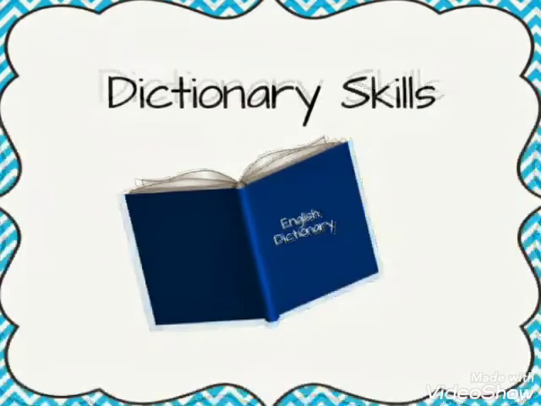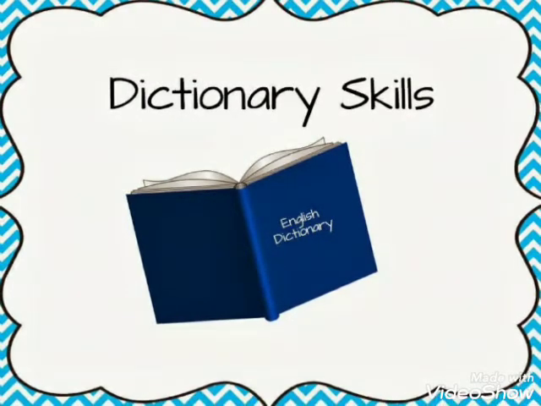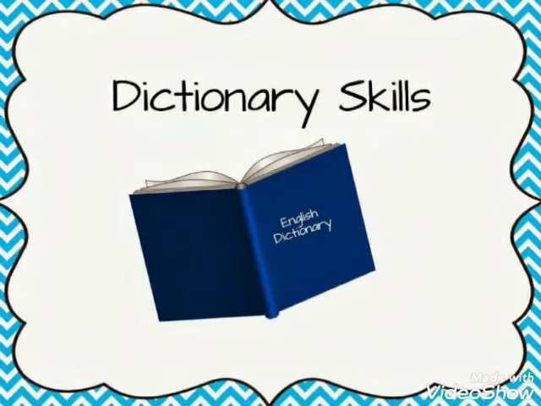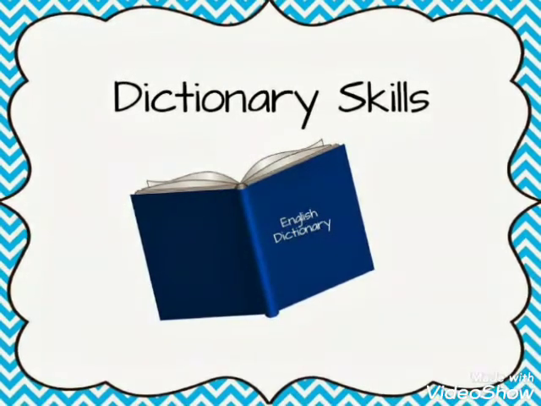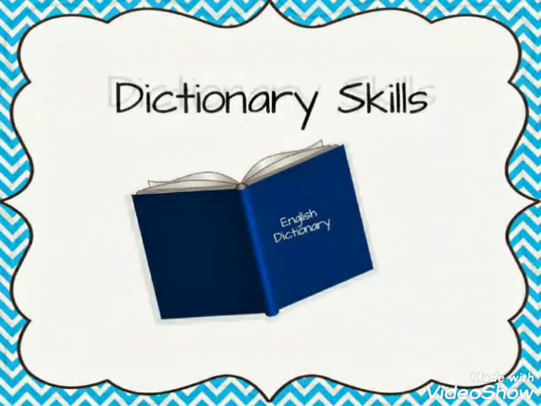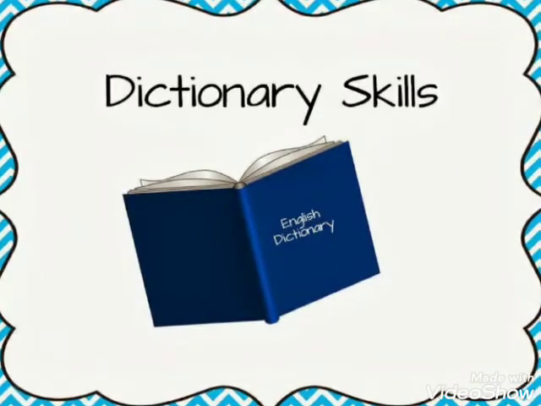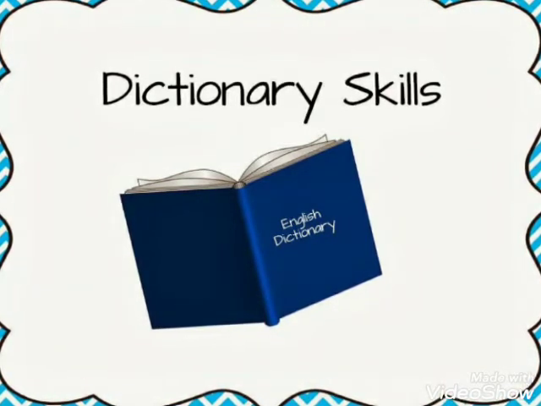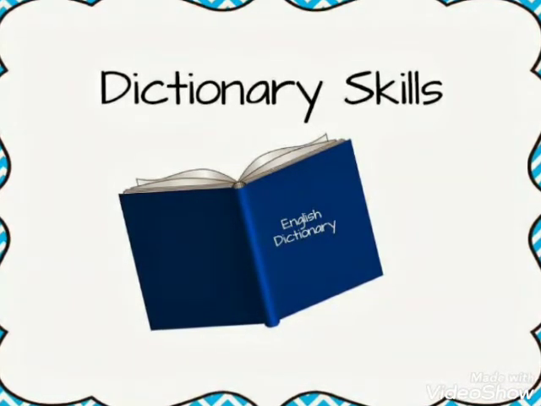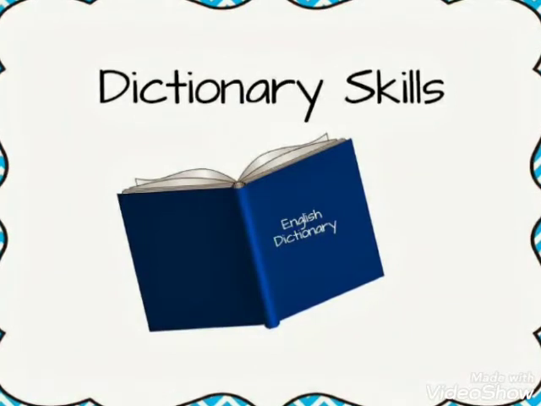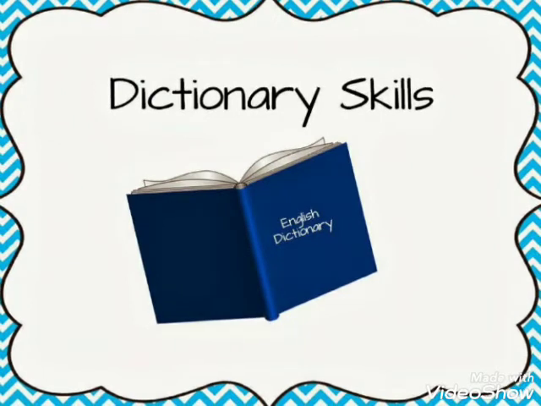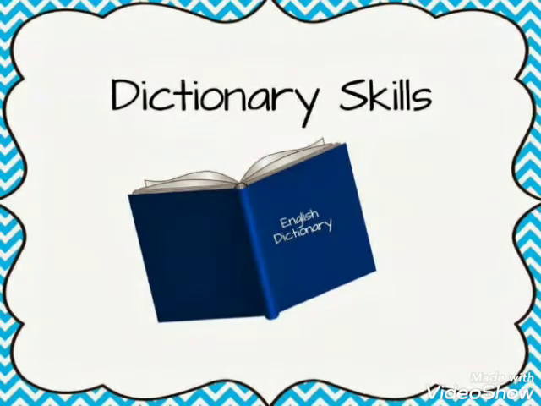Next thing is the first half of the dictionary contains words which lie between letter A to M, and the second half of the dictionary contains words which begin from N and go on till Z. If you are looking for a word like Sue, you must always refer to the last section of the dictionary.